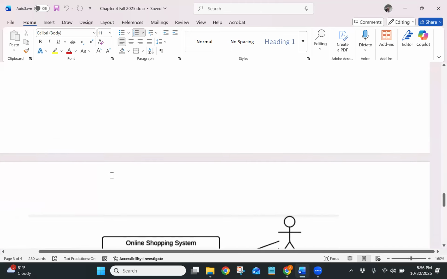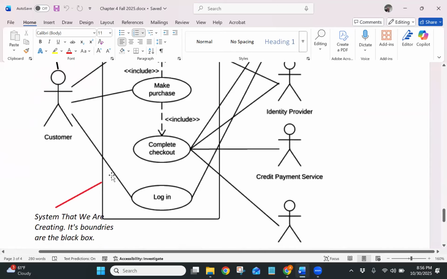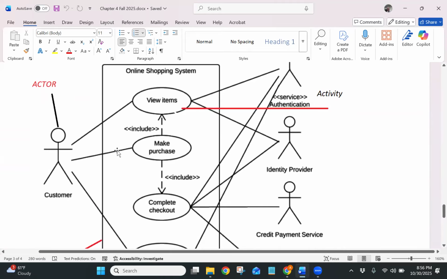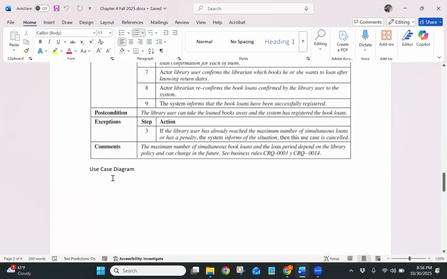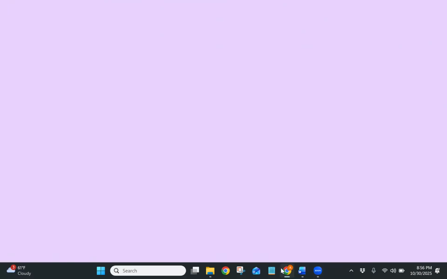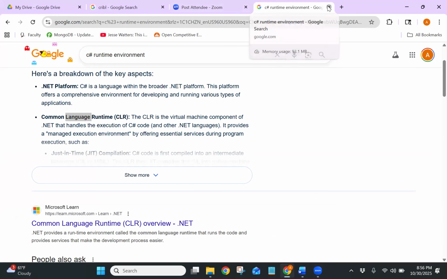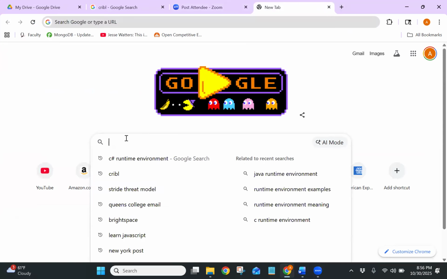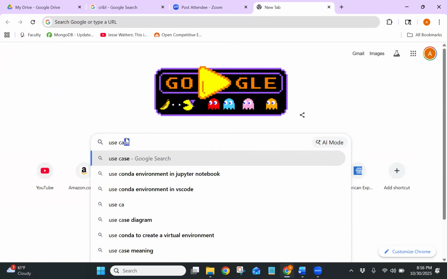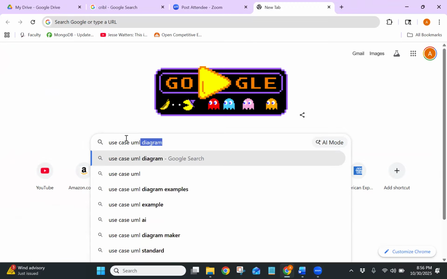Now, there are two things that are very similar in name, but really different. One is called a use case diagram, and one is called a use case table. It's very confusing because if you Google use case, you'll see different things. It took me a while to figure out that if I Google, let's say, use case UML, then